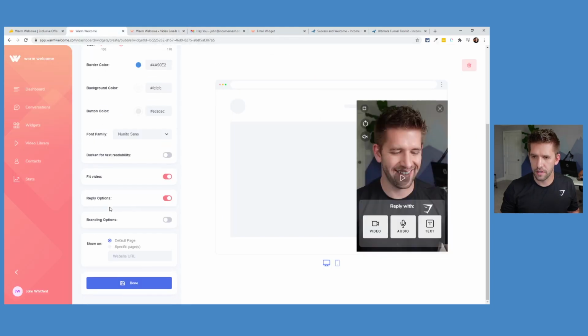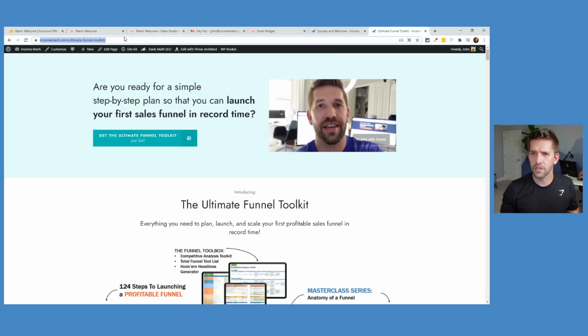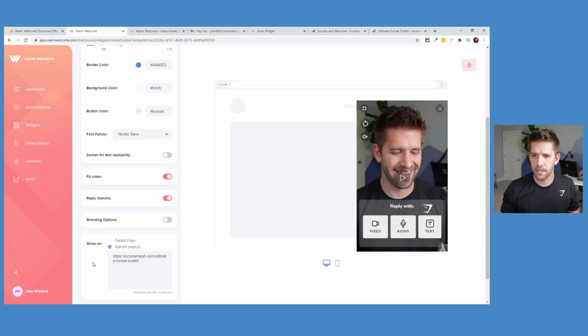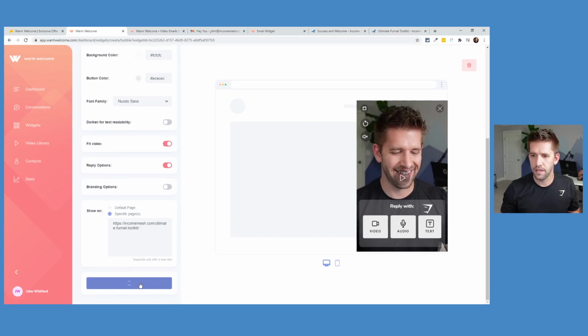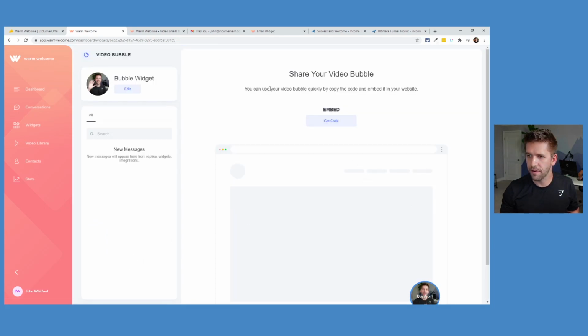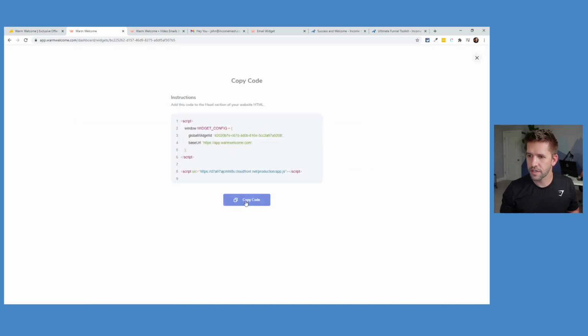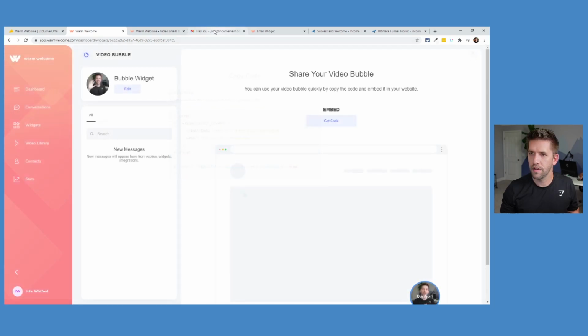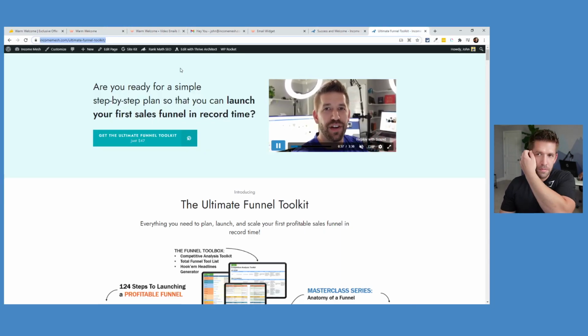All right, let's go to default page. So I'll paste this in and let's hit done. I might need to install a plugin or just maybe get some HTML. There we go. Share your video bubble, get the embed code. So I'll just get my embed code